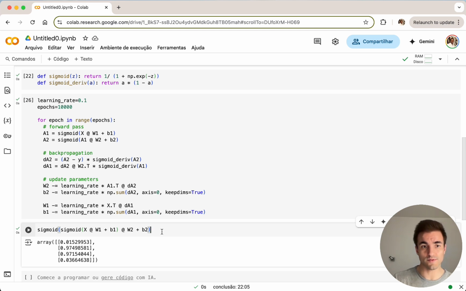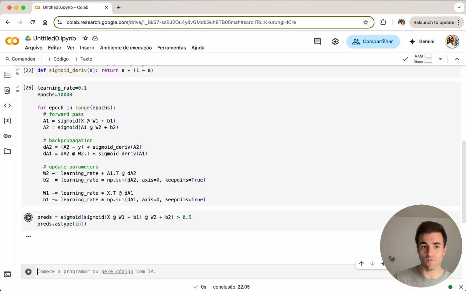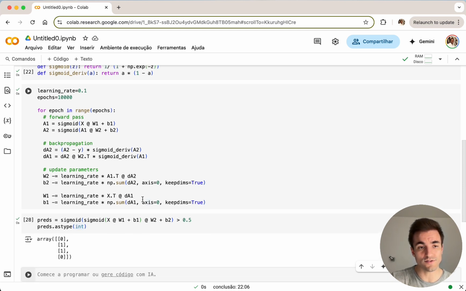But because we want either 0 or 1, we can check if this is over 0.5. If so, then it's 1. If not, then it's 0. And then we can get our predictions as type int. So we're going to take true or false, and then we're going to turn it into zeros and ones. And there you go. You can see it was capable of predicting the XOR function